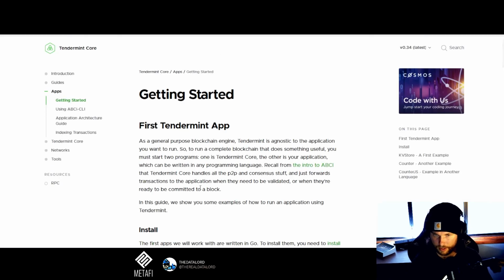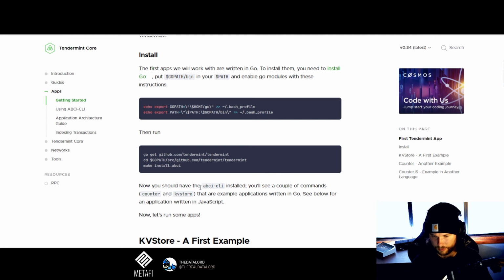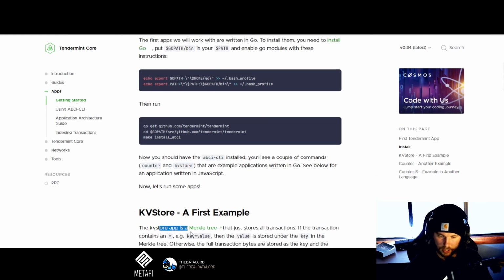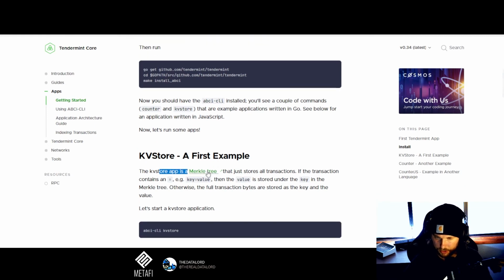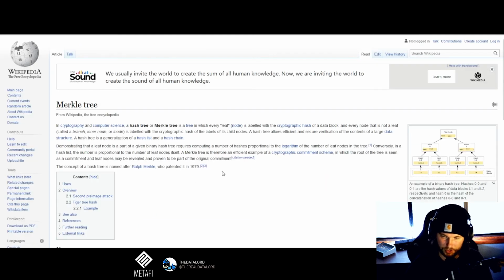See, that wasn't that much digging, and we got our answer right here. Yeah, that makes sense. KV app is a Merkle tree that just stores all transactions. So if the transaction contains key equals value, then the value is stored under the key in the Merkle tree. So if you want to understand a Merkle tree,